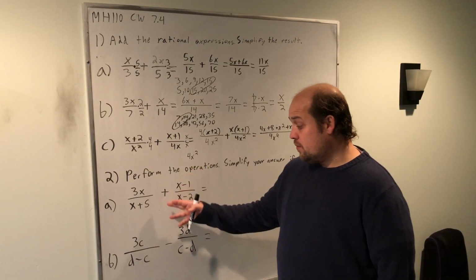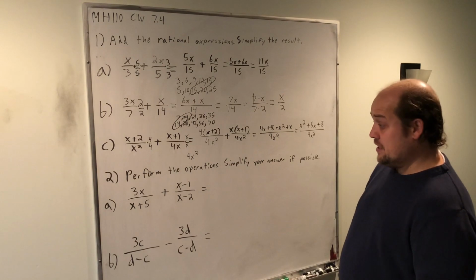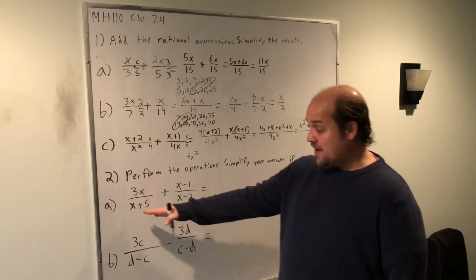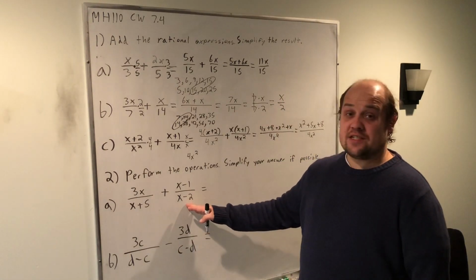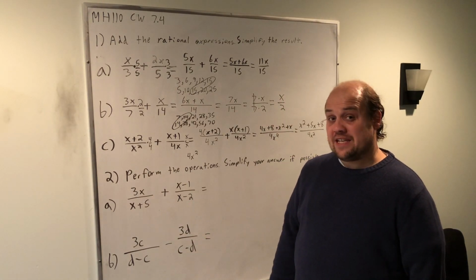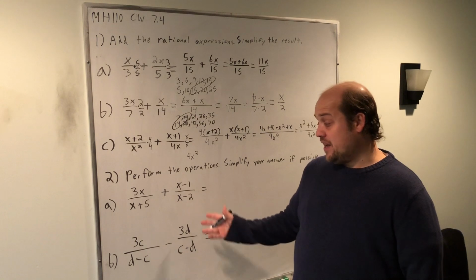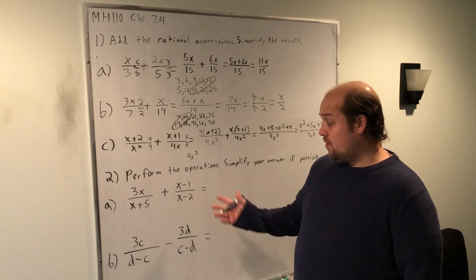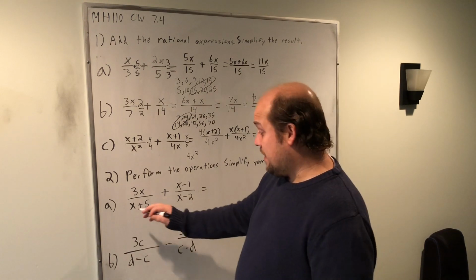Here in number 2, A and B, we're doing the same general idea, just for a slightly more difficult type of problem. So in this case, when I have factors like x plus 5 and x minus 2, I basically want to see if I can factor them further to see if there's any overlap. In this case, there's not. So I just need to multiply one factor by the other. What I mean by that: